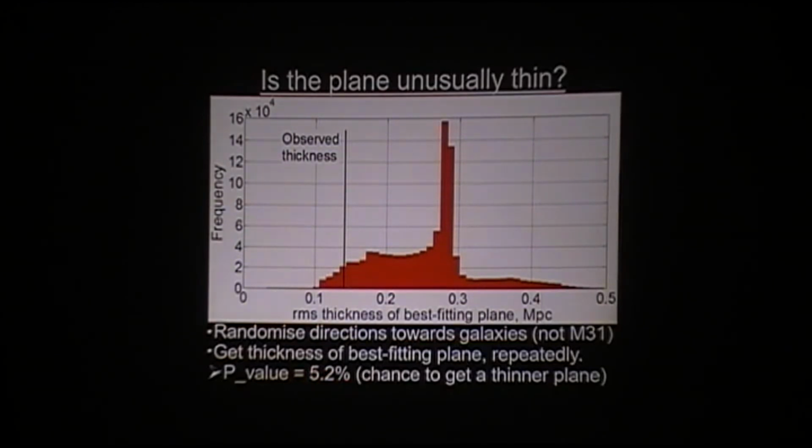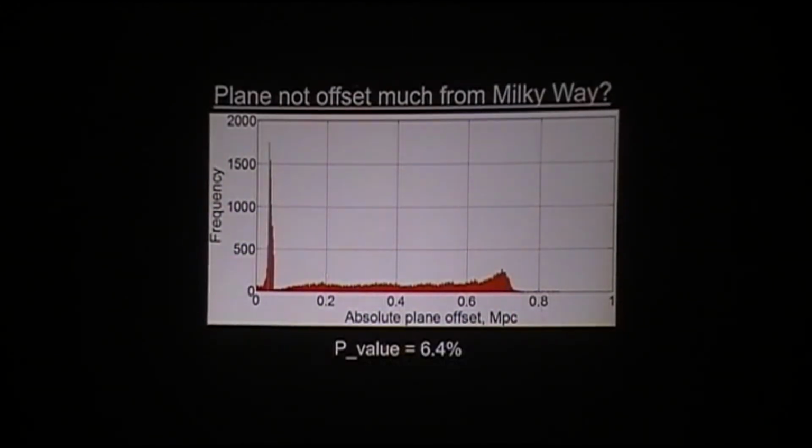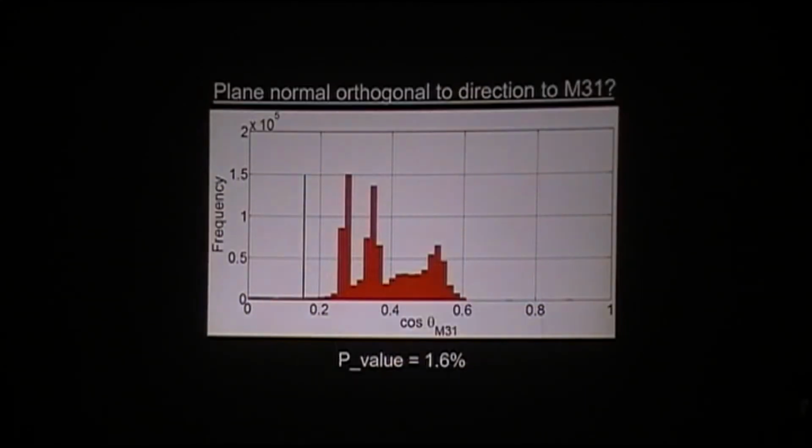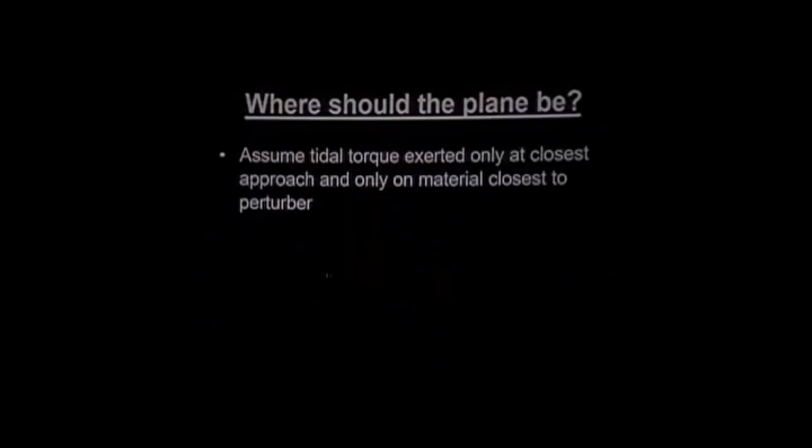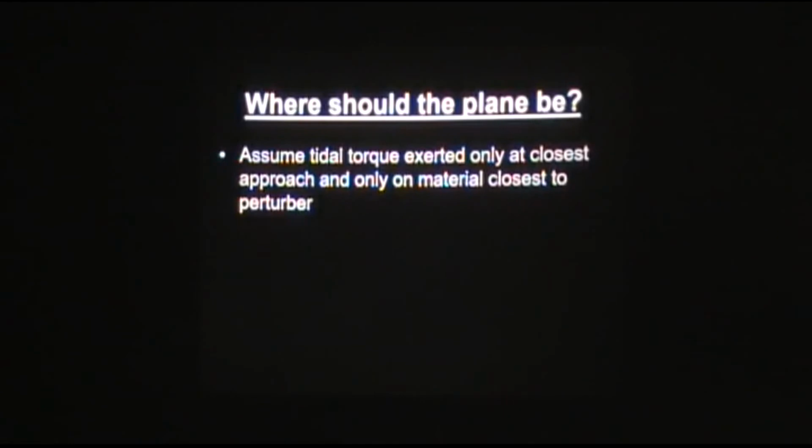But then there were some other considerations which came to mind, whether it was offset from the Milky Way, and whether it was orthogonal to the direction, whether the plane contains Andromeda. It has to contain the Milky Way and Andromeda, more or less. But the important thing was actually where the plane should be. So what we did here is use the fact that the Milky Way and Andromeda have satellites in planes around them and try and say, how did they form? Could the Milky Way and Andromeda have been going around in any old orbital plane and you get the satellite planes to be exactly the same? Obviously not. It has to depend on this a little bit.